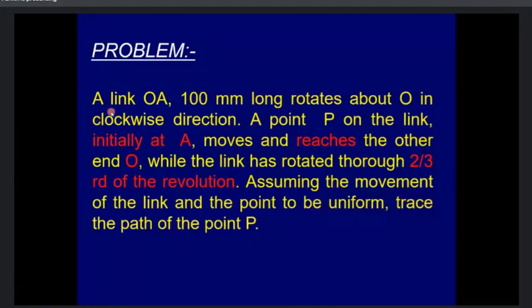So a link OA 100 mm long rotates about a point O in a clockwise direction. यहाँ पे ऐसा लिखा है rotate about O in the clockwise direction. समझ लो कि O आपका पोल है, जहां से रोटेट किया जा सकता है वहां वो फिक्स रहता है, तो यहाँ पे O आपका पोल है. OA का डायरेक्शन भी गिवन है कि भाई लिंक जो है वो क्लॉकवाइज रिवॉल्व कर रहा है.